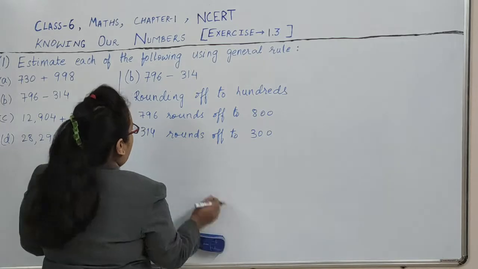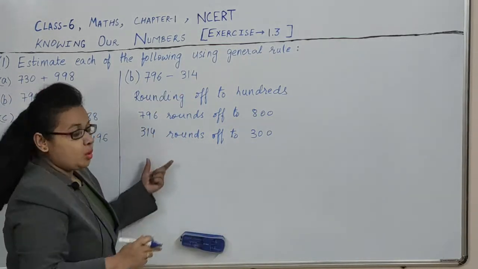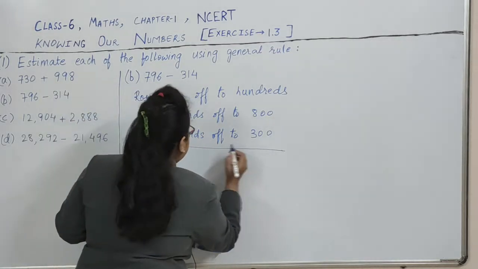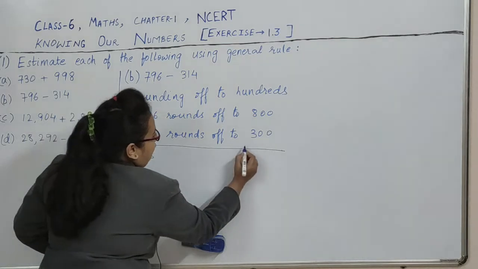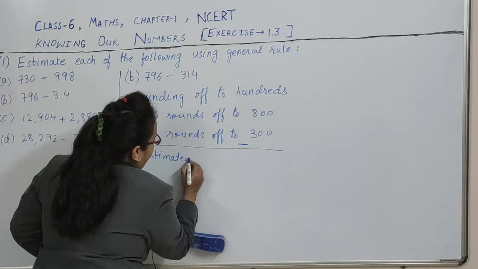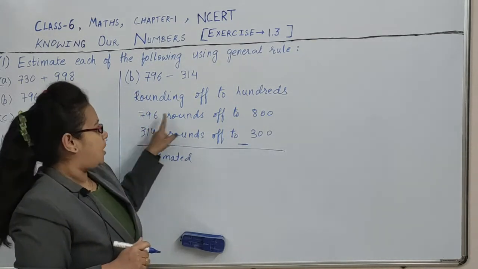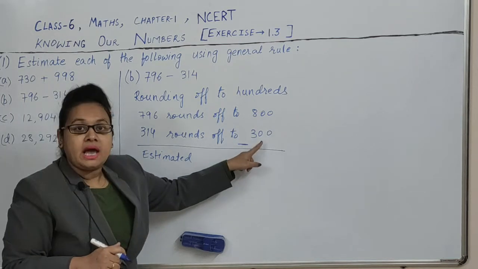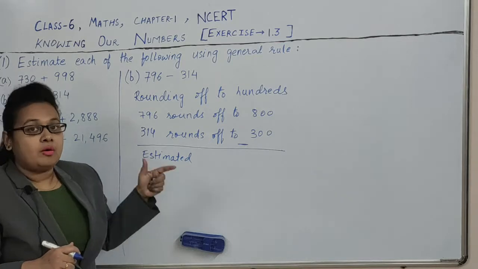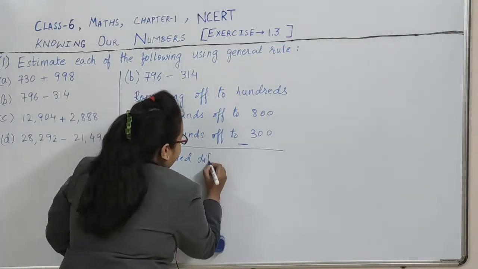Now there is a minus sign between these two numbers, so we have to find the difference. We have to subtract the numbers. We have to find the estimated difference. What did we do? We rounded off these numbers, this to this and this to this. And after rounding off, we did the subtraction. We subtracted the rounded off numbers. So estimated difference